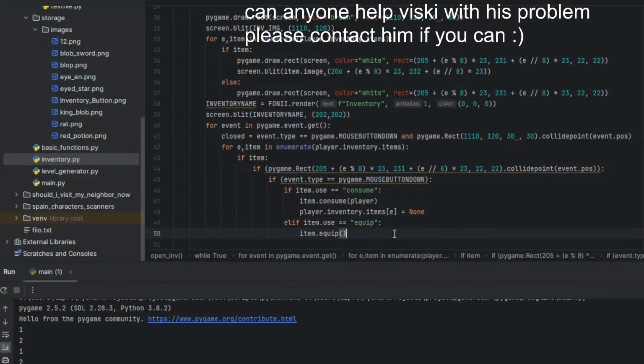And how can I see if it is equipped? One second, I want to check that.